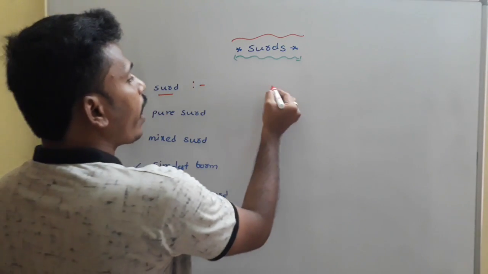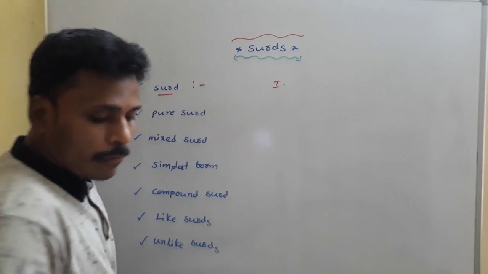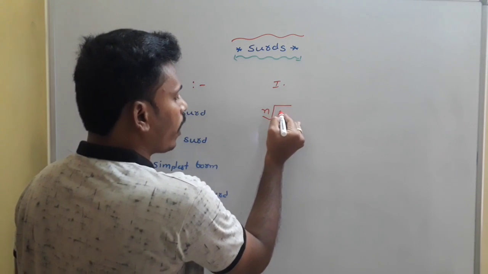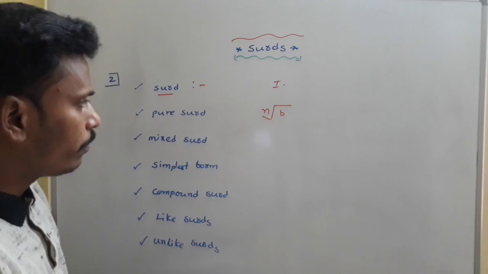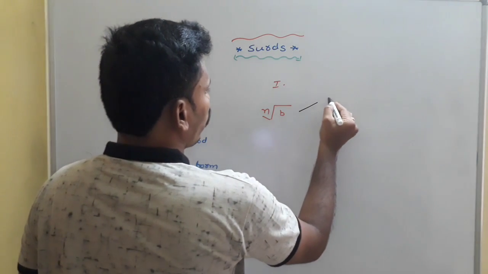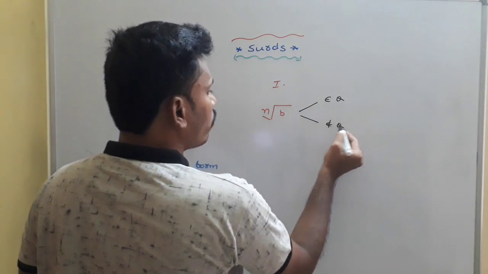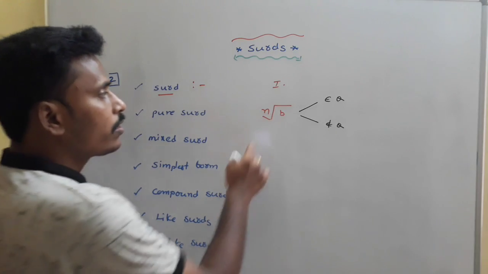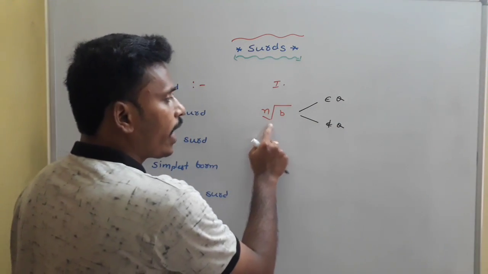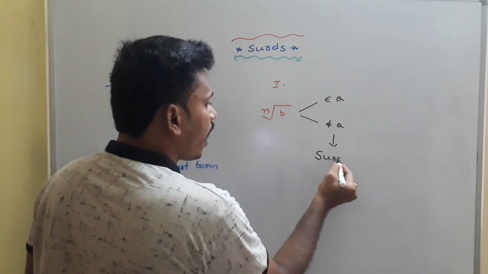See, surds can be defined in two ways. One way, we have nth roots, right? Suppose you have the nth root of a number, say b, the nth root of b. This nth root of b value may be rational, may be irrational. That means the value does not belong to the rational number system. If this value belongs to the rational numbers, it is a rational value. If this value does not belong to the rational numbers, then the concept of surd arises.